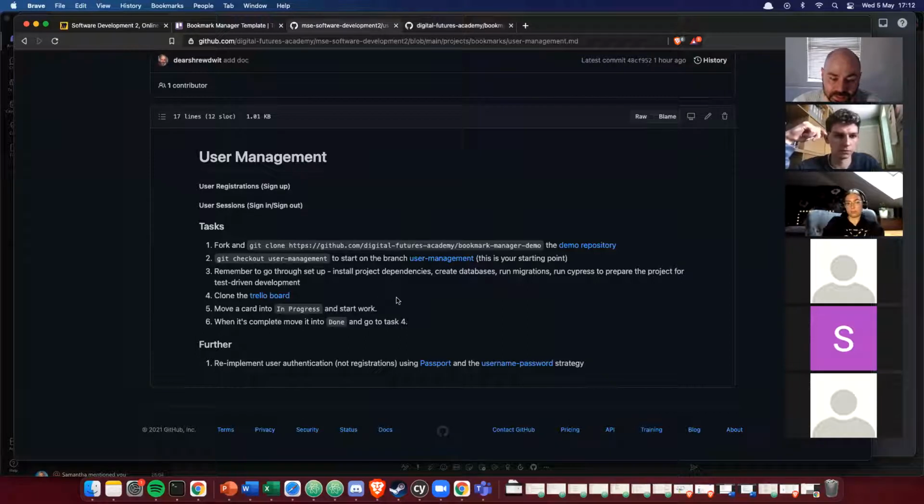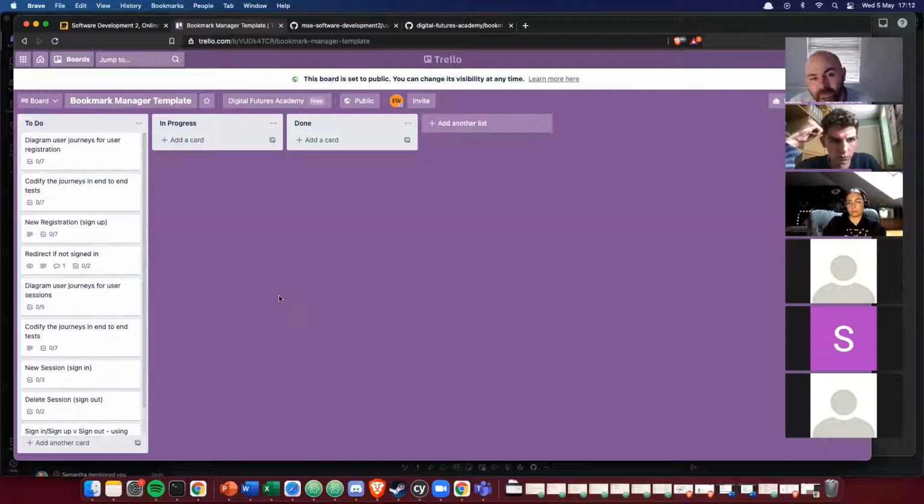And when you start, make sure you go through your normal setup, but then you're going to clone this Trello board. So this Trello board looks like this,